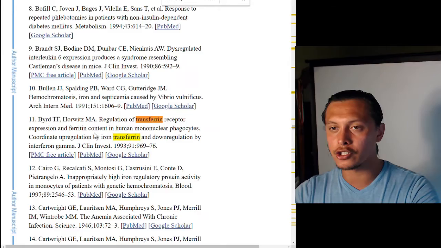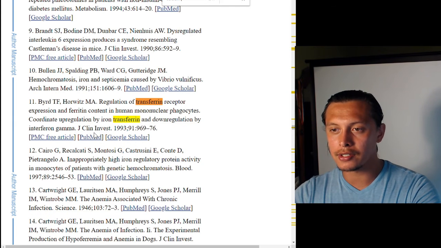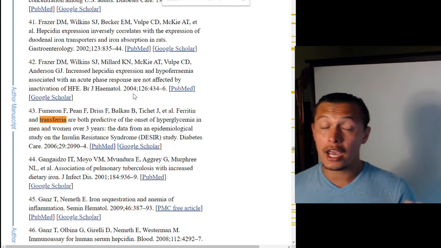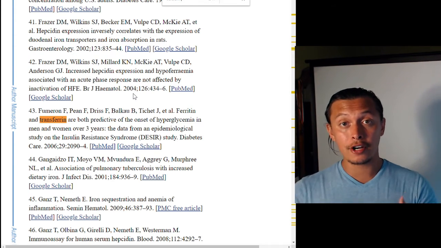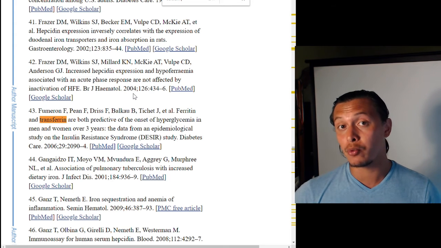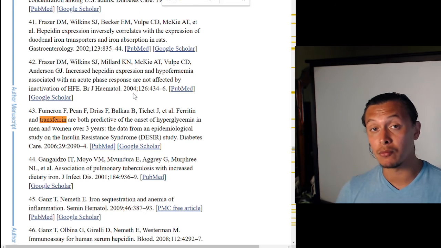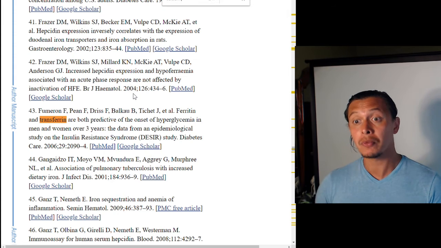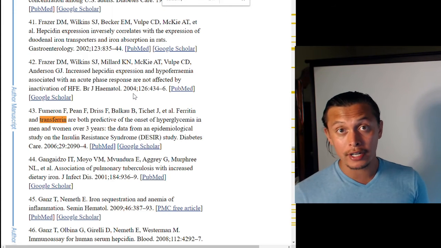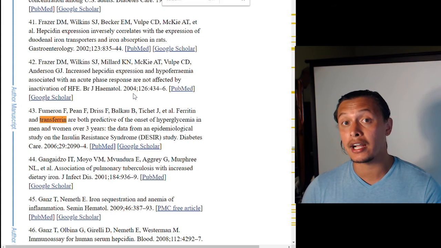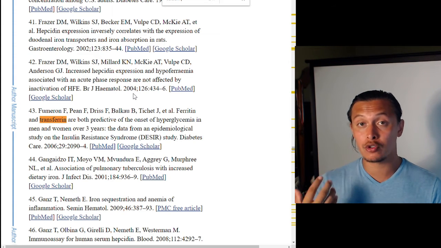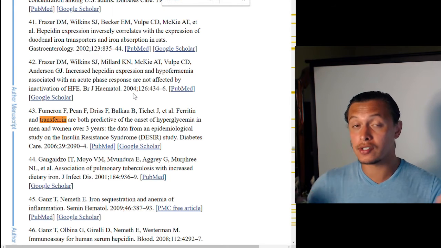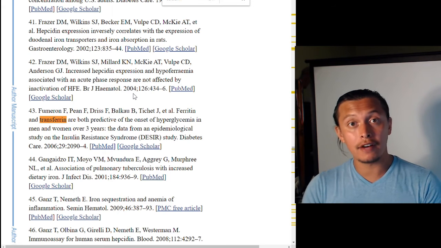I don't know if I really should go too far into detail because this could get a little bit too complicated. Just know that transferrin and ferritin, well, transferrin can interact with ferritin, and those are both upregulated by the presence of iron in the system, or the higher concentrations of iron will cause more upregulation of transferrin and ferritin. We know that transferrin interacts strongly with Galectin 3. So Galectin 3 interacts with transferrin, and that could be one way that transferrin somehow influences the activity of Galectin 3.